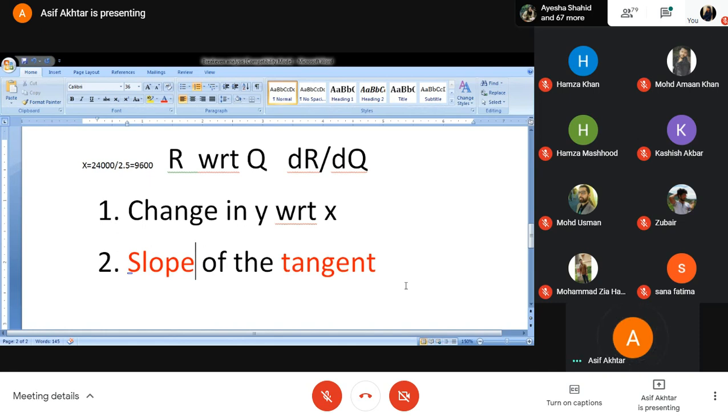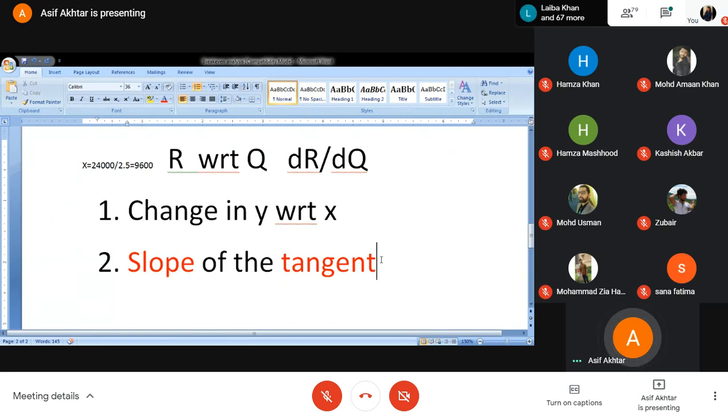Now which line? That line is specified here. अब आप कहेंगे line तो बहुत सारी होती हैं. Which line is this? The line here is the line which we call tangent. You can recall your lessons of class 6th and 7th NCERT book. Tangent is a line which touches a particular graph at a single point. वो line जो graph को single point पे touch करती है, that is tangent. अगर एक line दो या दो से ज्यादा points पे touch करती है तो we call it a chord, right? So similarly, we have the definition of tangent, that the line which touches the graph at a single point is tangent.